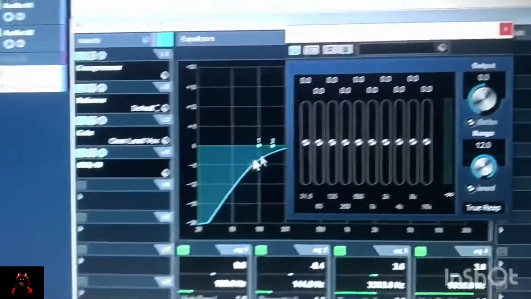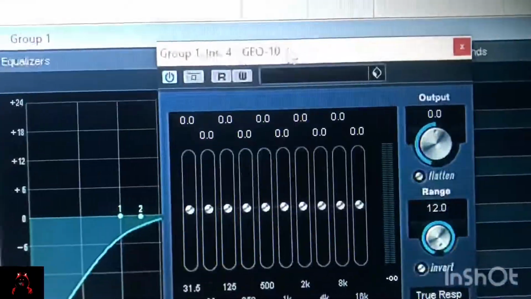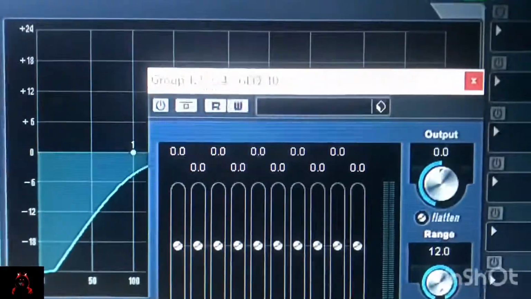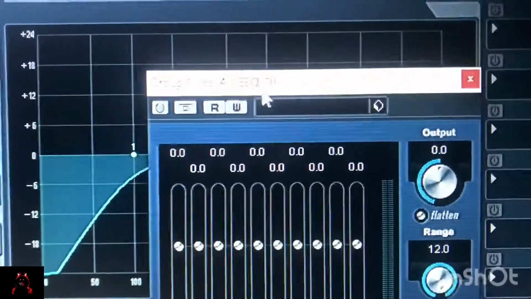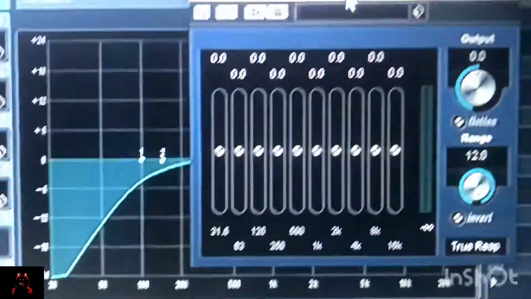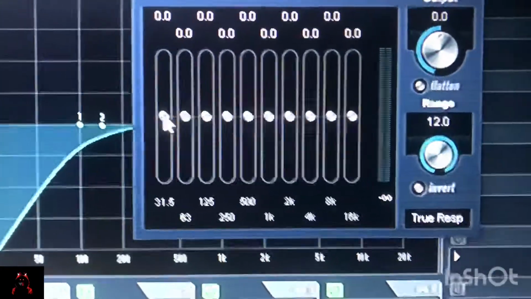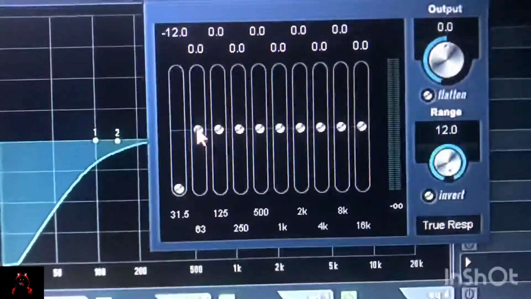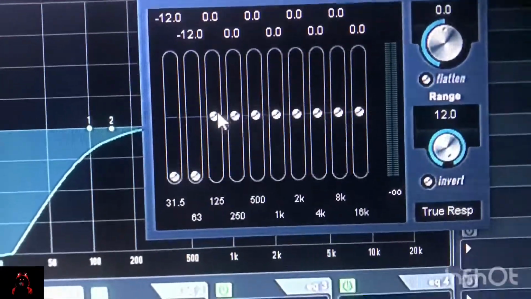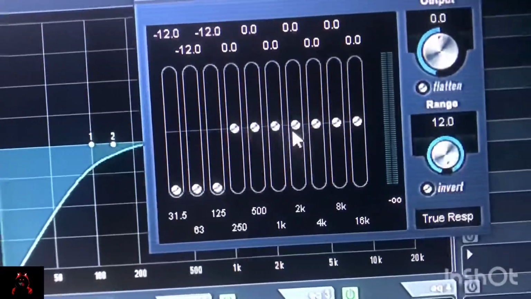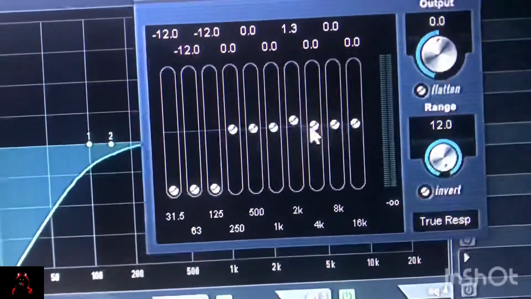Don't mind the EQ preset I have already there. I will definitely turn those ones off. I have to use this one to show you what I actually mean and how to get these vocals ready for you. So you have to make sure your sub is controlled, not just all of them. Keep your mid sub to be good. Then you go back to your mid